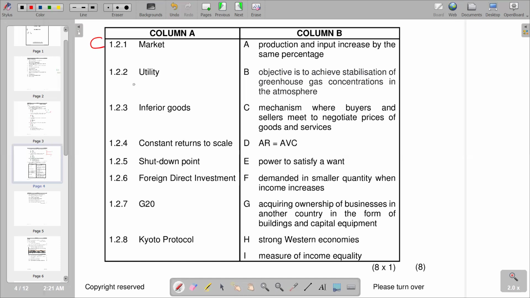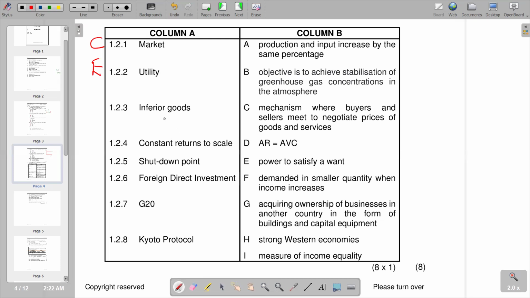Then 1.2.2 says utility, and we know that utility is the satisfaction that is gained by consuming a certain product. So we go to column B and try to see which explanation does match that. We go down, and if you go to E, it says power to satisfy a want, which is exactly as we are trying to explain. So we have E. And also 1.2.3, we have got